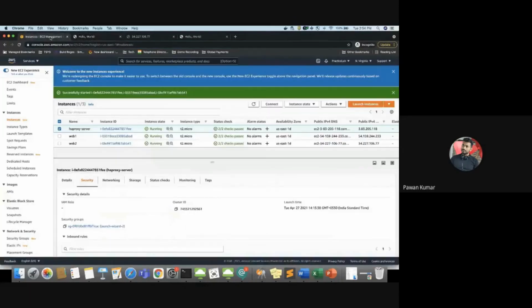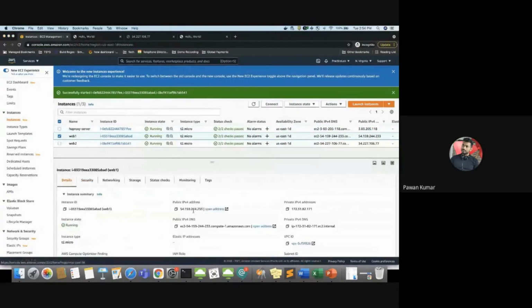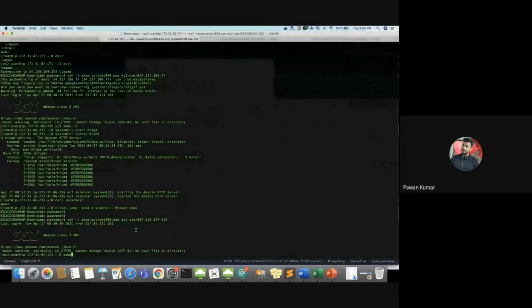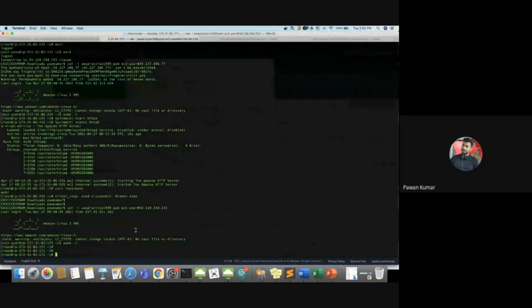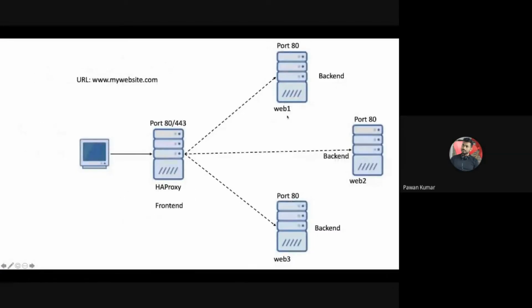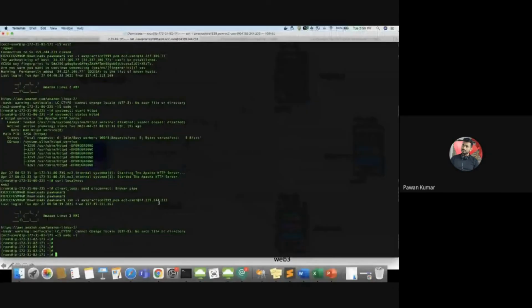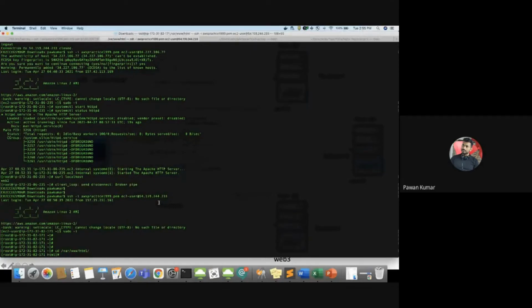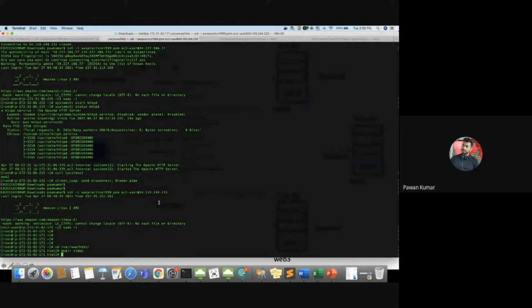Okay, so right now I am, so let me check one more time. The web 1 public IP is 33. Okay, so I'm on the web 1 server. So for adding a video website, I'm using this web 1 server. So I'll go to the path where www.html, and I'll create a path